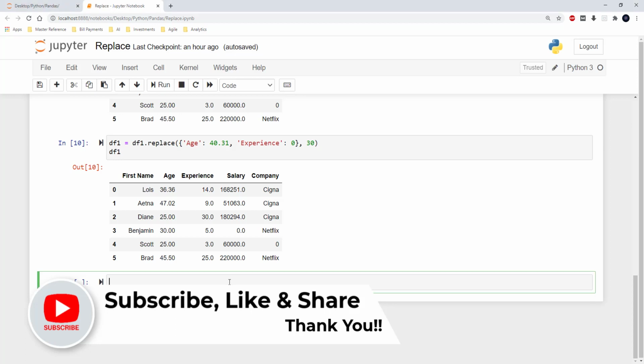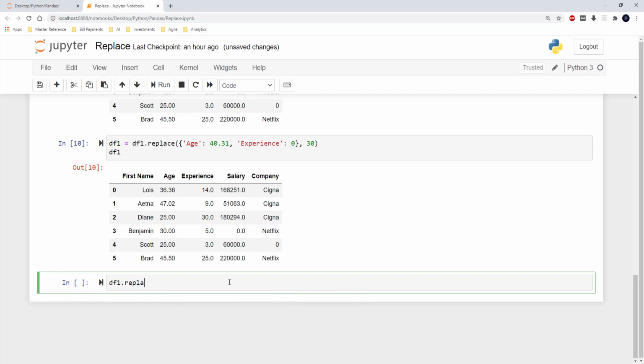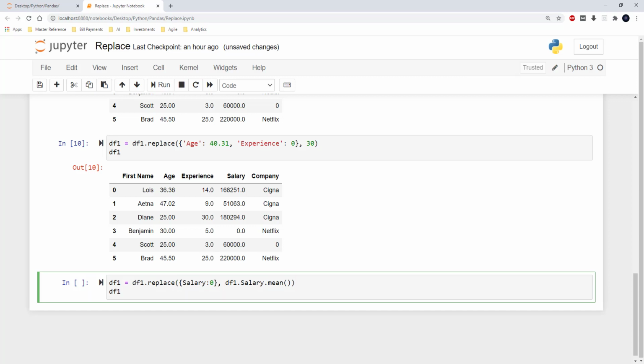So in order to do that, I am just using the df1.replace function, and here I am selecting the salary column, and in the salary column I wanted to replace the value 0 with the mean of salary. So I am going to use df1.salary.mean, and I am just assigning it back to df1, and I am displaying the value of df1.